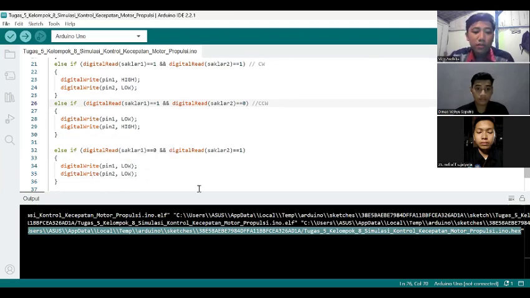Okay. After that we select the Arduino Uno port.